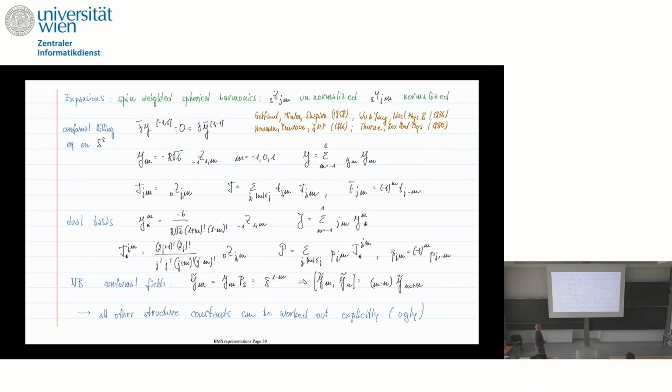It's, of course, a bit of work, but some of it is just raising and lowering operators in a way. So you can get all FABCs, which is not yet classification. But this is really the basis, and the spin-weighted spherical harmonics are important. You should realize, when you look at the list of people who have studied them in one way or another, that it is very important to have this basis. And for us, it was just important to get the FABCs.